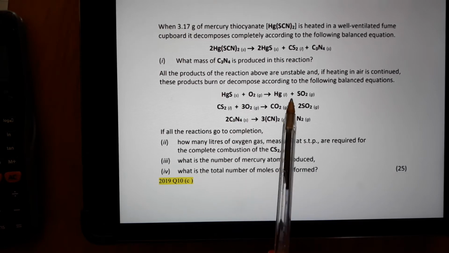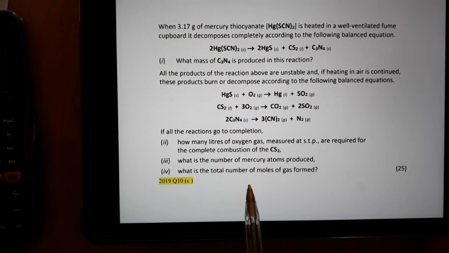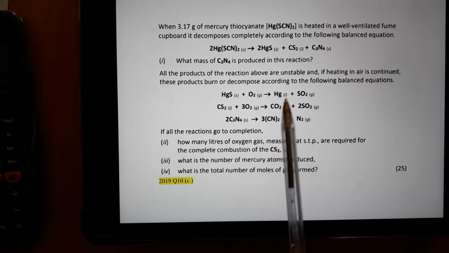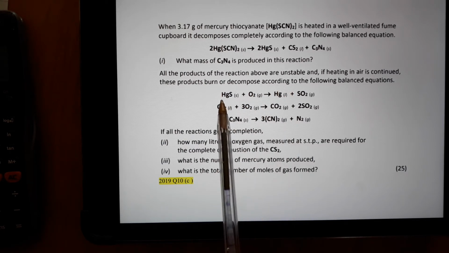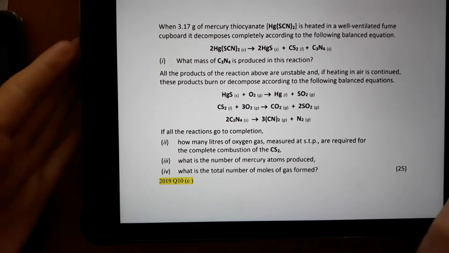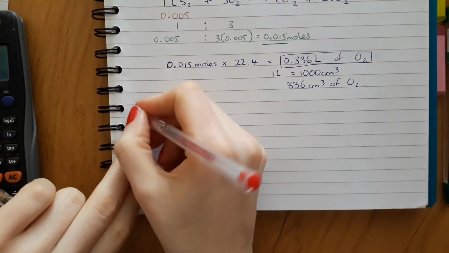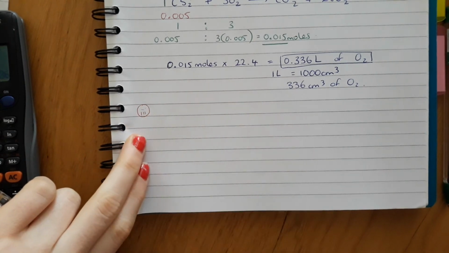Okay, so you're looking at your 3 balanced equations again, and I can see this is where my mercury atoms are being produced. Now, the question asks you for atoms, so if it's asking you for atoms, you have to incorporate Avogadro's number. So what I would start off with is by looking at how many moles of HgS we have, and I'll know that from the balanced equation up here. So first things first